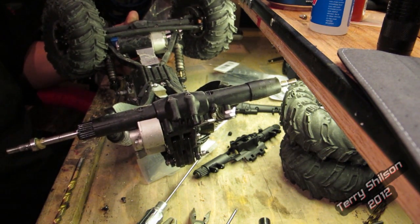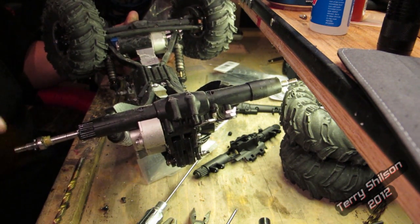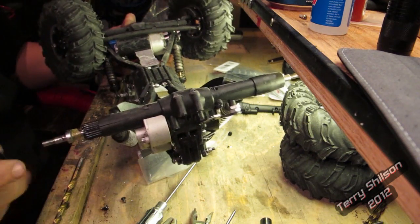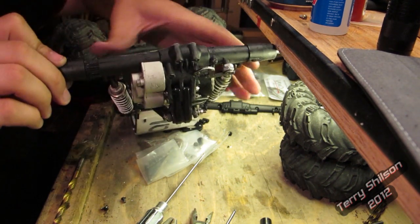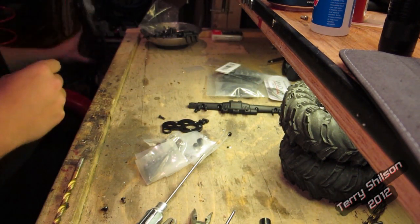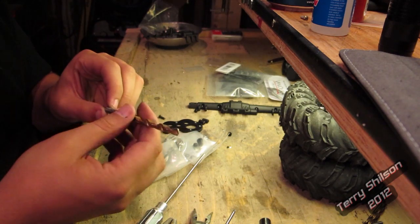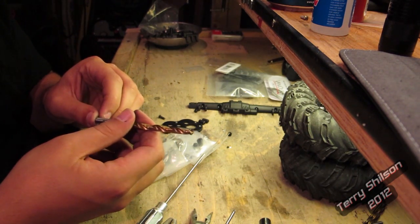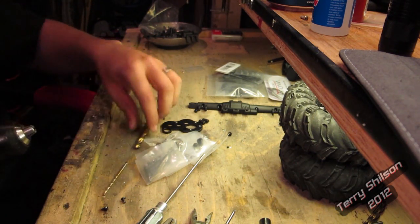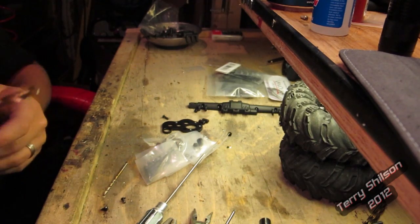So what you have to do to modify the rear axle for these is, since they're thicker than the stock axles, you have to remove some of the material from inside the axle so that they'll fit through and not bind on anything. So what I did was measure the shafts on the Seld-M-Bends, and they came to 5.9 millimeters. So I use this drill bit, which measures 6.3 millimeters, and it is a 1/4 inch drill bit. And the easiest way that I've found to clear out that material to make room for the bigger axles is just to throw this on a drill,